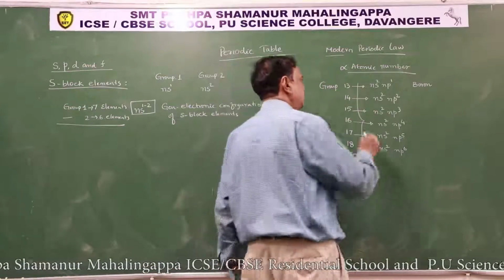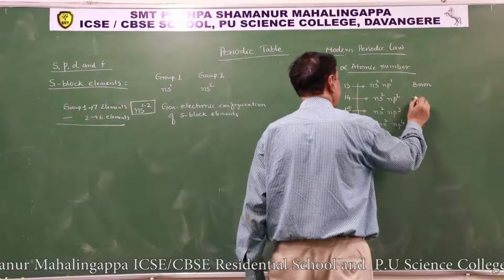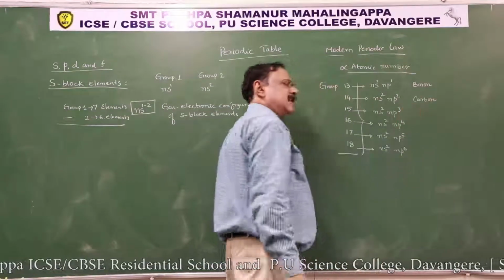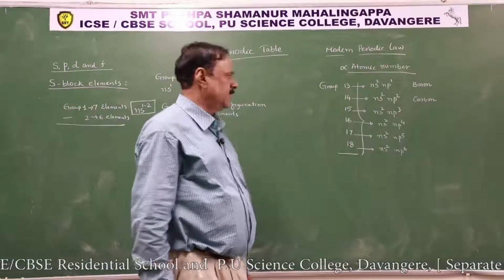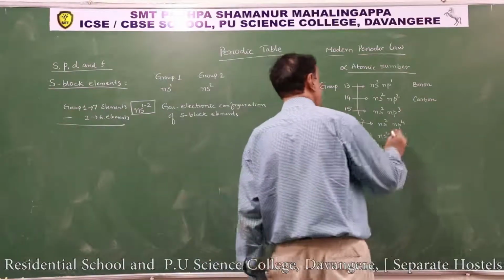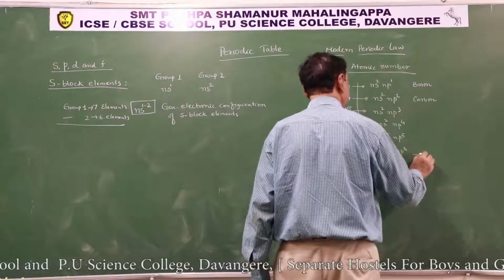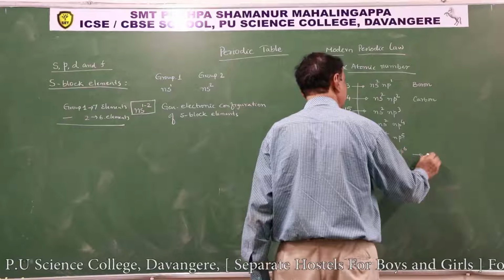Group number 14 usually begins with carbon, therefore they are considered the carbon family elements. Similarly groups 15, 16, 17 and 18. You know that the 18th group elements are considered